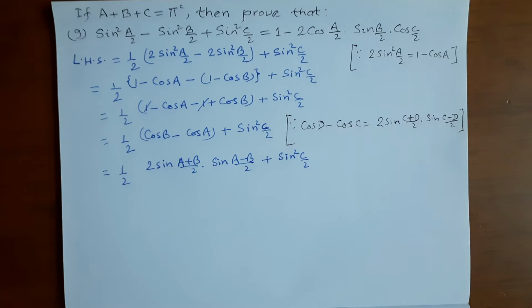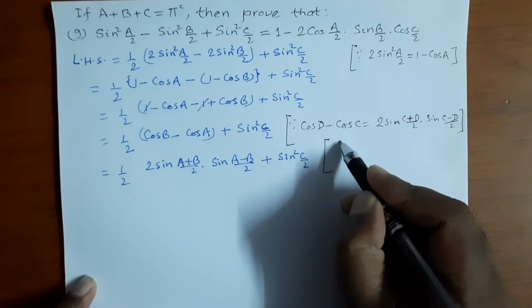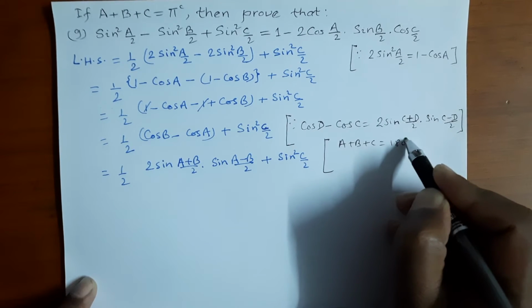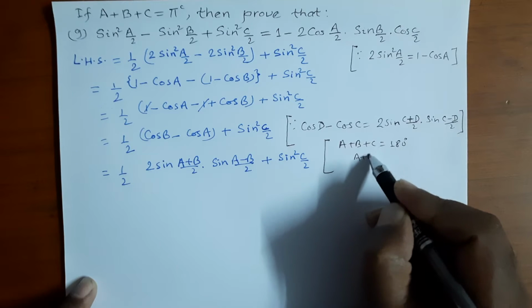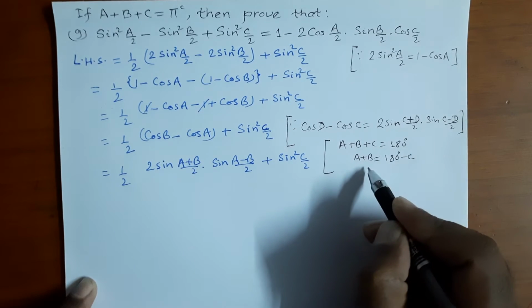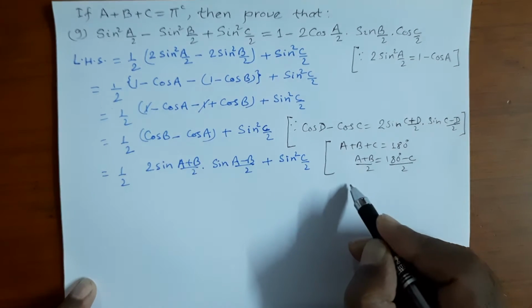And here our given condition is A plus B plus C equals pi radian. Pi radian means it is 180 degrees. A plus B plus C equals 180 degrees. And you can write A plus B equals 180 degrees minus C, dividing both sides by 2, it becomes